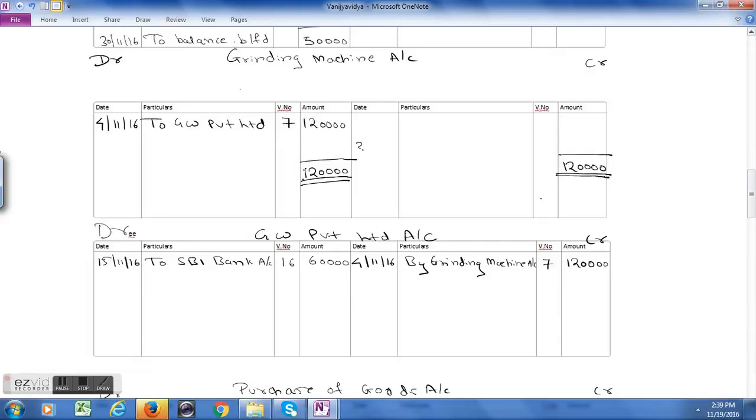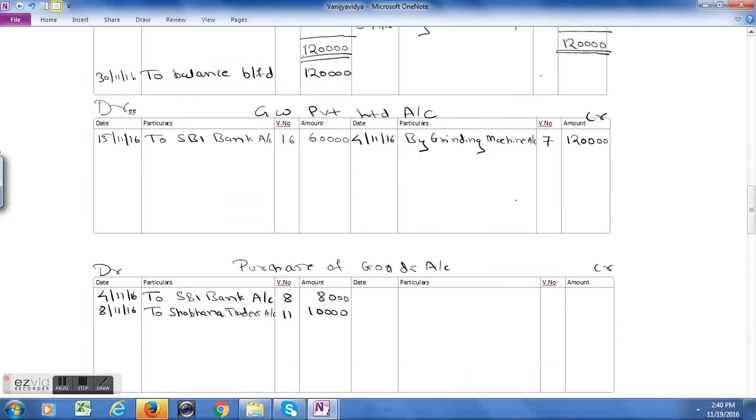1,20,000 on both the sides, and balance carried forward on the credit side, $1,20,000. The same balance we have to bring forward, balance brought forward on the debit side, 1,20,000. Okay,